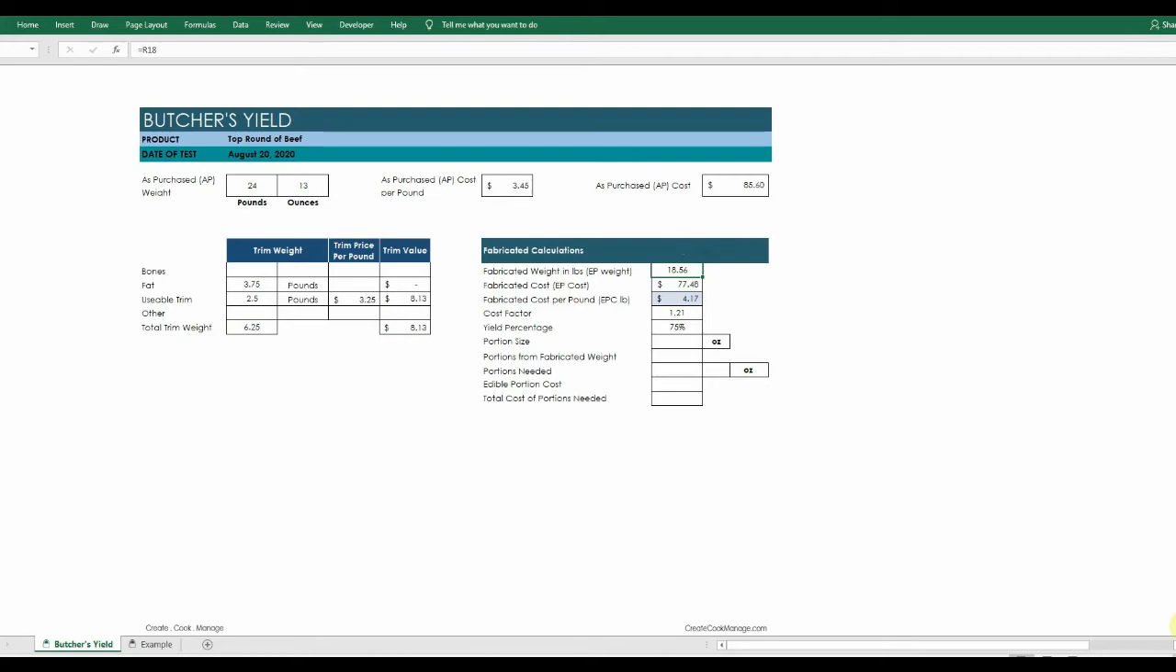Your fabricated cost, which is also known as EP cost or edible cost, is the cost of the product based on the fabricated weight and the fabricated cost per pound. The fabricated cost per pound is your new cost per pound, that you will use to calculate your selling cost. This fabricated cost or edible portion cost, EPC, is the true cost of the product once it has been processed